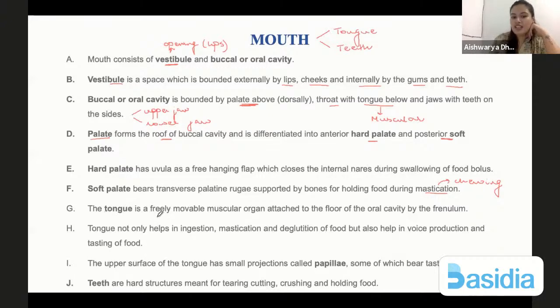Okay, so the tongue is a freely movable muscular organ attached to the floor of the oral cavity by a small structure known as the frenulum. The tongue helps in a few processes. First is ingestion, that means it will help in swallowing. It will help in mastication, which is chewing, and deglutition of food. It also allows production of saliva, and this also helps in voice production as well as tasting of